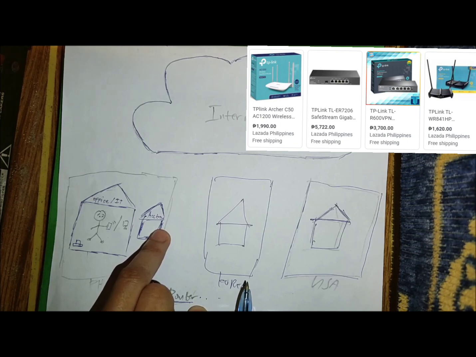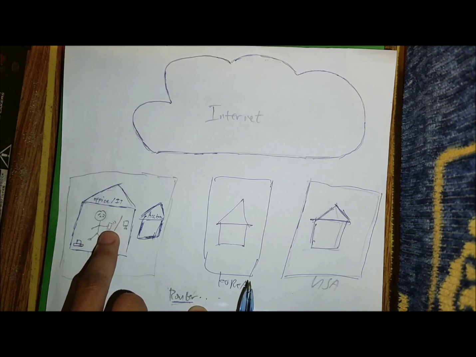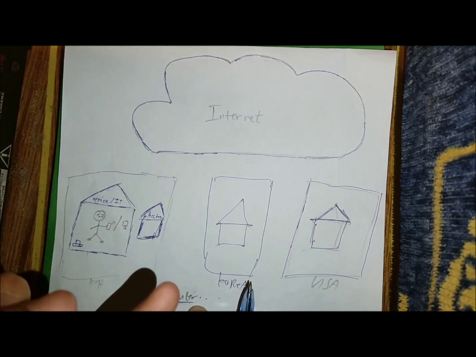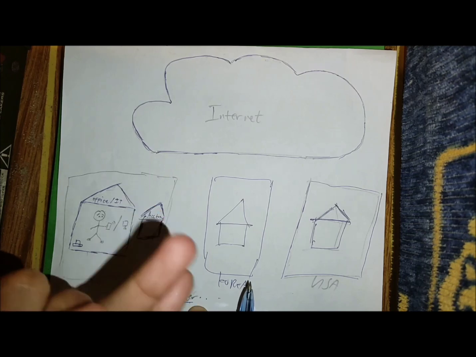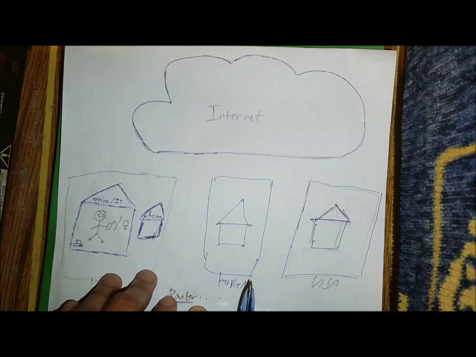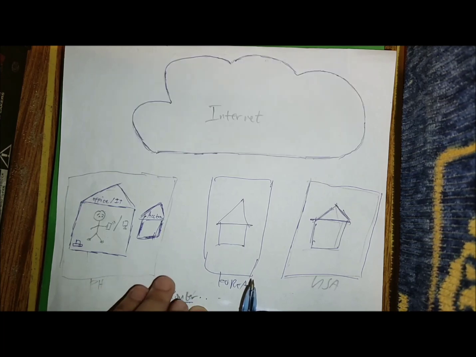So karon ikaw na sa nakadiri sa IT department, naa sa accounting department, naa sa HR department, marketing department, ug uban pang mga department na naa sa inyong kumpanya. Okay, so by the help of router, ma-connect ang nagkalain-lain nga network. Okay, the location of the network does not matter.